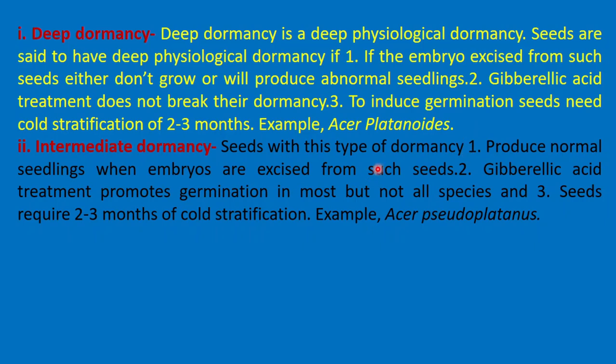So seeds with this type of dormancy, first, they will produce normal seedlings when embryos are excised from such seeds. Means when we take out the embryos of such seeds, these seeds will produce normal plants or normal seedlings. Second, gibberellic acid treatment promotes germination in most but not all species. So here, in deep dormancy, we have seen that though we have given gibberellic acid treatment, the seeds were not able to grow or germinate, but here gibberellic acid treatment will promote germination in some species, not in all